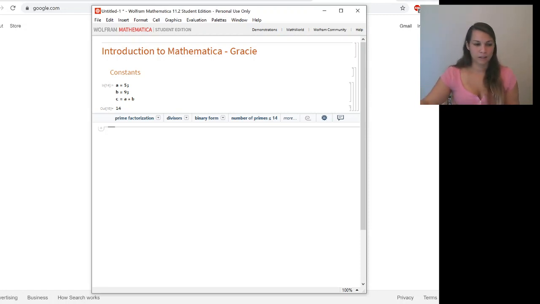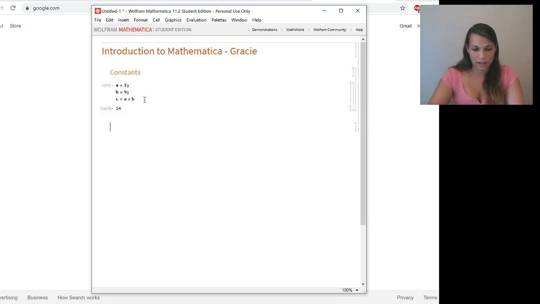Okay, so that's constants. C is not a function. The way you do functions is different. So we're going to do Alt 5. We're talking about functions now. And then maybe we want to hit enter a few times so that we can very clearly tell that we're somewhere else. Okay, so if we want to do a function, what you're going to do is f square bracket